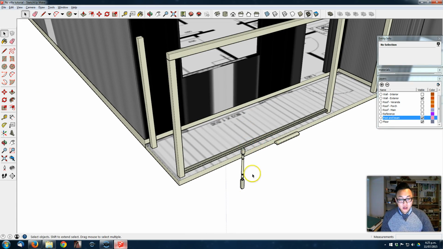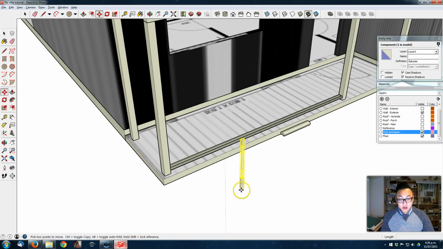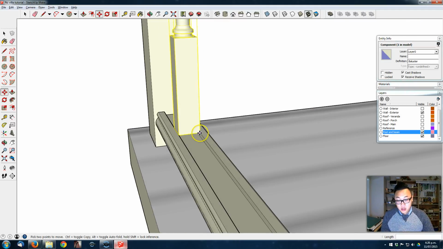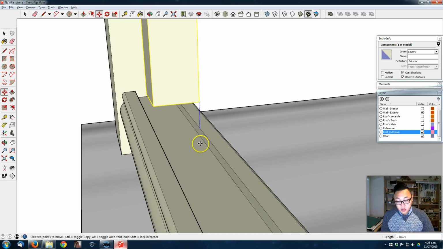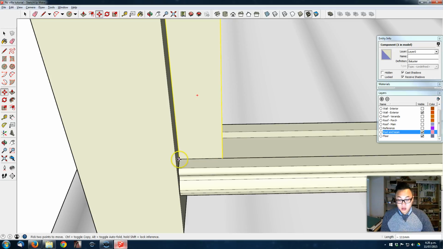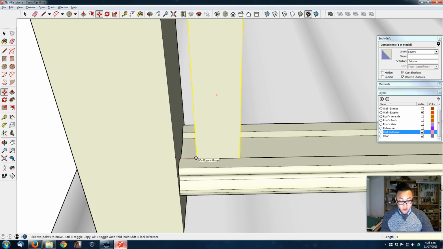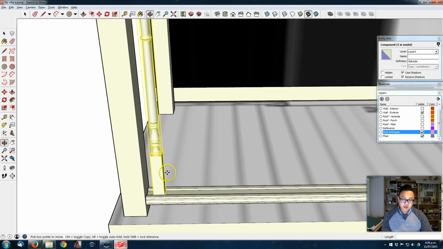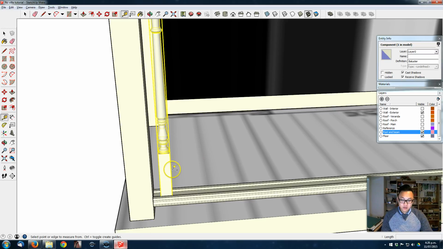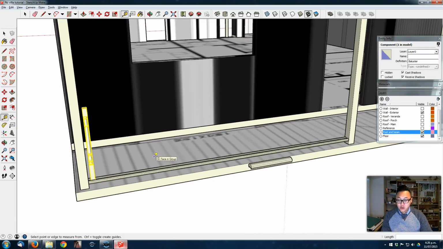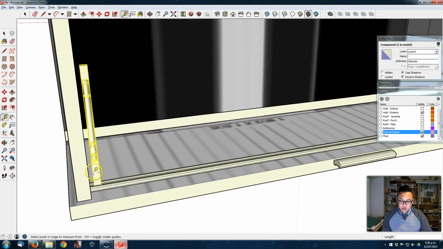Now we're gonna place the baluster. So I'm just gonna place it inside and chop it down a little bit. Let's move it, let's say 30. And I think I want a spacing of maybe 50 between each, let's say 90 between each baluster. So what I'm going to do is use the move tool, move it 90, give it a space of 90,